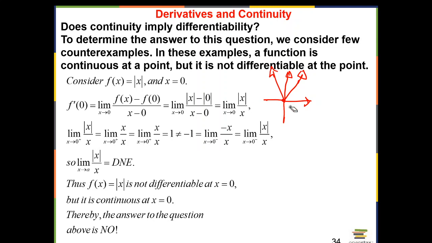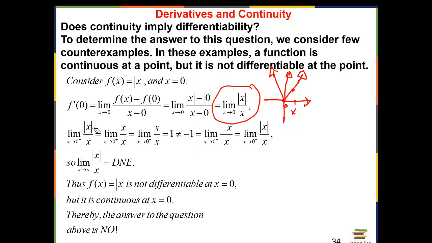If you consider that to be 0 and go to another point and call it x and set up your limit, you see that this limit turns out to be this. And we know from chapter 2 that this limit doesn't exist because to the right and to the left we don't get the same limit. Limit from the right,